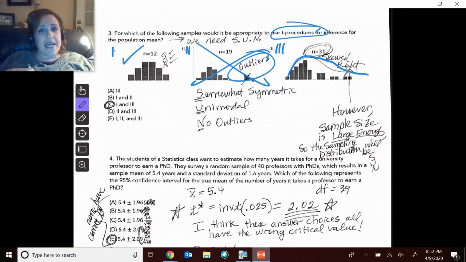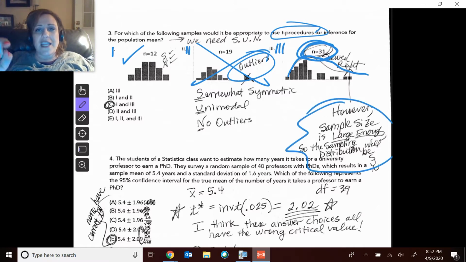And then I went over here to the side because I thought 1 only was the answer, and there was no answer choice that said 1 only. So I went, ooh, I'm missing something. And that's when I noticed that the sample size for 3 is large enough. And remember that if it's large enough, I did not even have to draw out my data, because I know once all those samples fill in, it will be approximately normal, because the central limit theorem says that those sample sizes are large enough. So it will fill in to be approximately normal. All right, so therefore 1 and 3 are good.